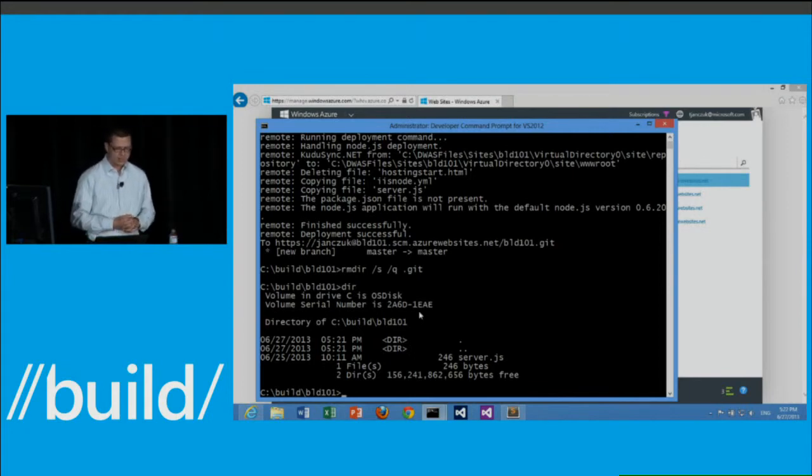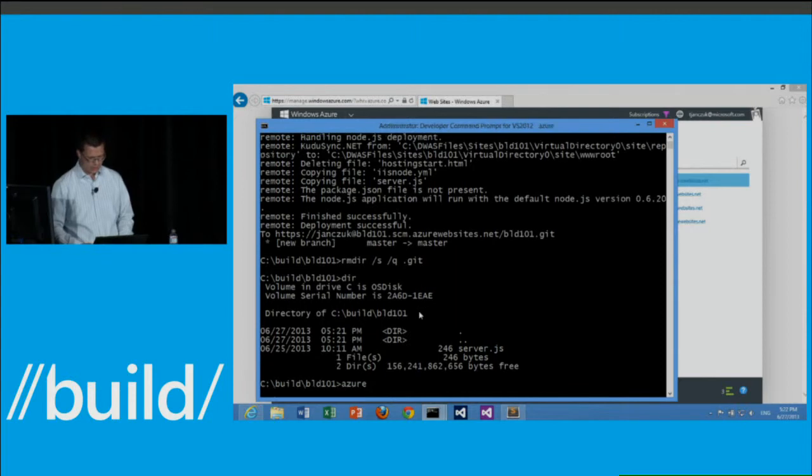As I mentioned, the command line tools are a Node.js application, and as such, you can install and get the command line tools using the npm package manager for Node.js. So you typically run npm install azure-cli, and you normally install tools globally, so you provide a -g option. I have already run that command on this machine, so after I do it, I get access to an Azure command,